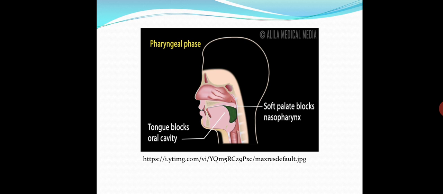Respiration is temporarily arrested. This is the most important step since entry of food or drink into the lungs may potentially be life threatening. We stop breathing when we swallow at any stage of development. Protective reaction. Upper esophageal sphincter opens to allow passage to the esophagus. The next stage